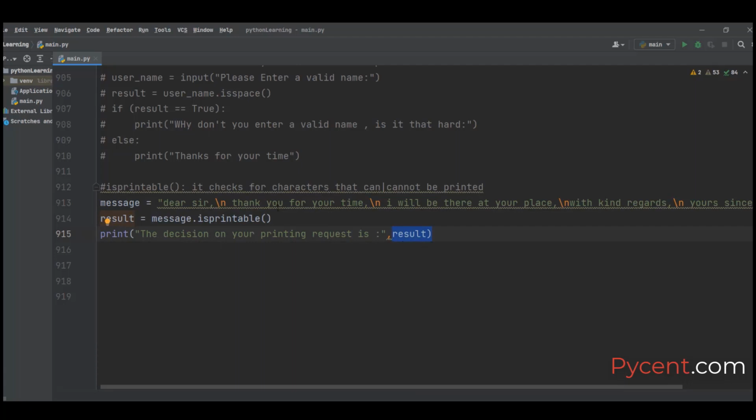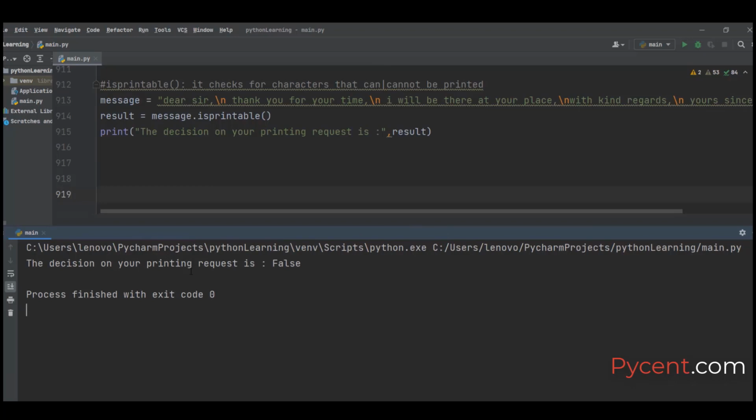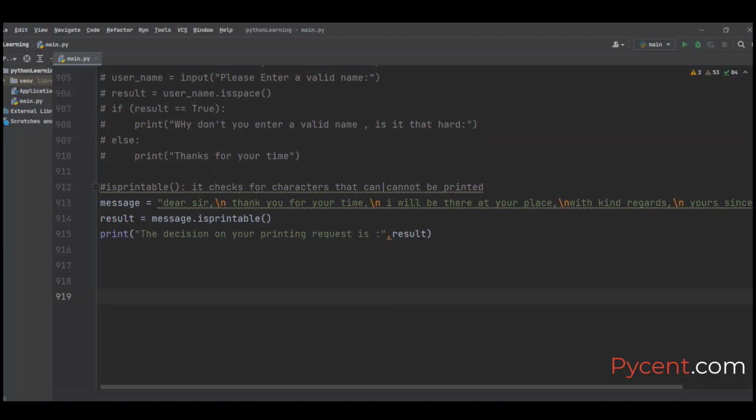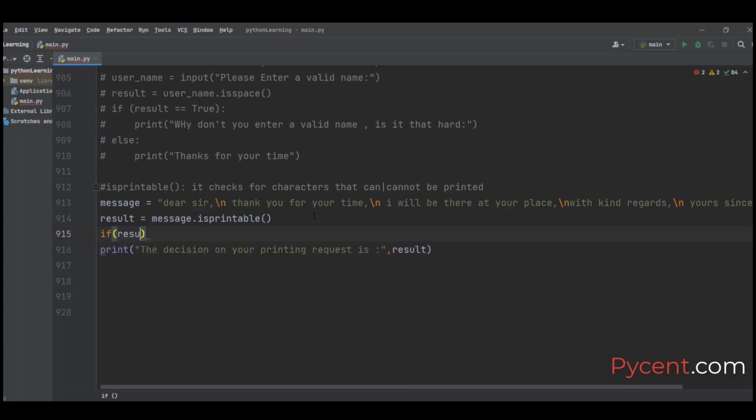So based on this result, the person can either remove all these spaces or line breaks, or take this job to some other printer. Okay, so having mentioned this, I'm going to save this and run it. Once I run it, the decision on your printing is false. So that would mean if false. So we can do it like this: if result equals false, else,